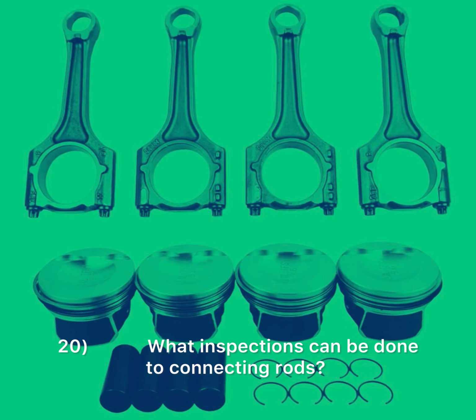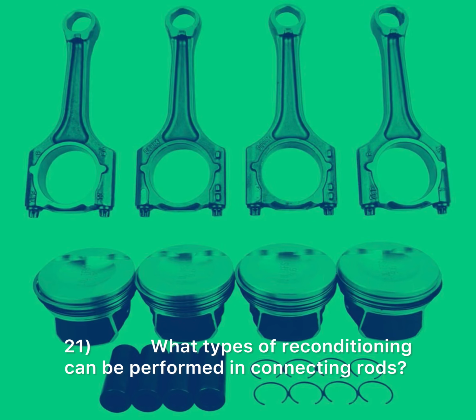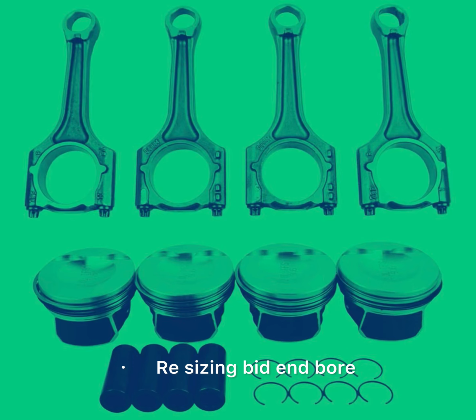20. What inspections can be done to connecting rods? Straightness, bore alignment, cracks, size, taper, origin of bores, bearing wear, visual inspection, discoloration. 21. What types of reconditioning can be performed in connecting rods? Resizing big end bore, replacing fasteners,